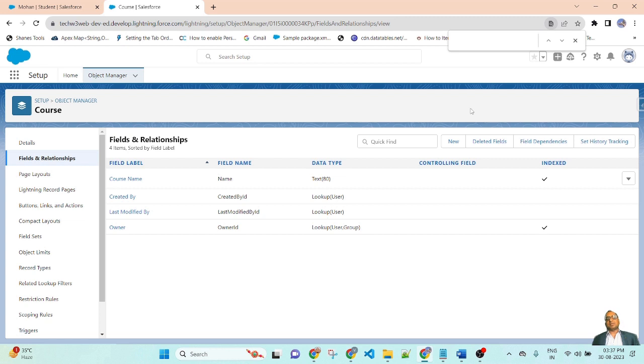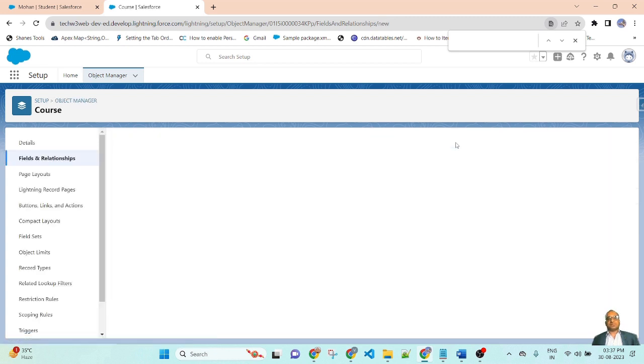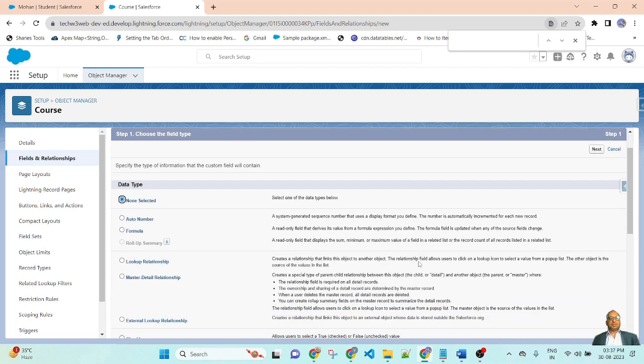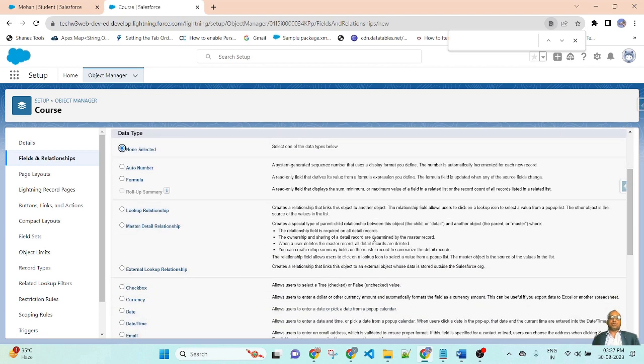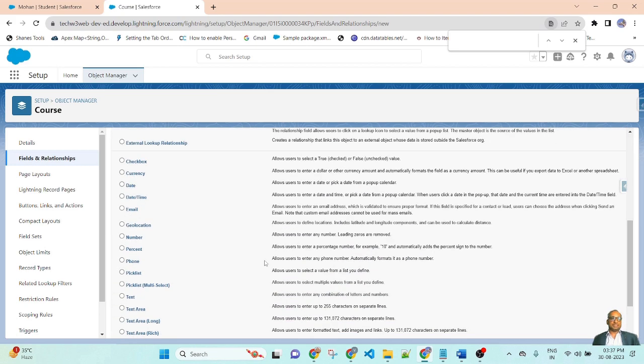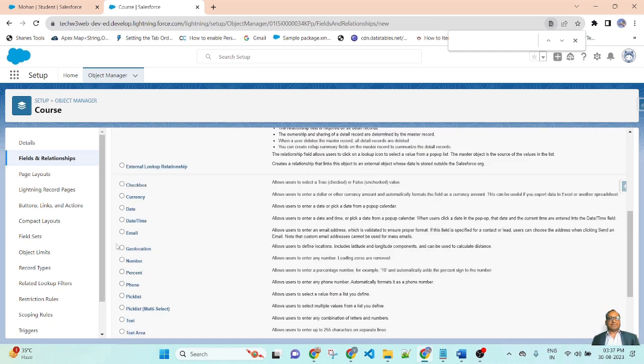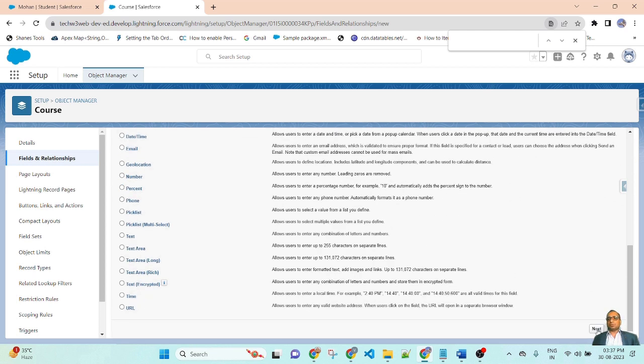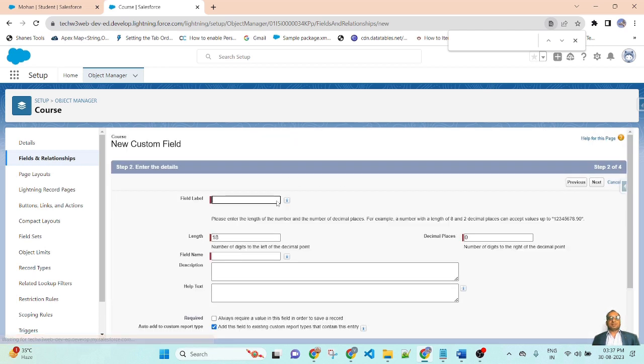Now I am creating another custom field. Click on New to create a new custom field. I am creating course fee. This is a currency type field. So here I am selecting currency because fee is a currency type. Go to next. Write the name of the field.